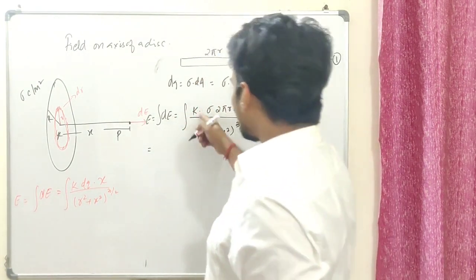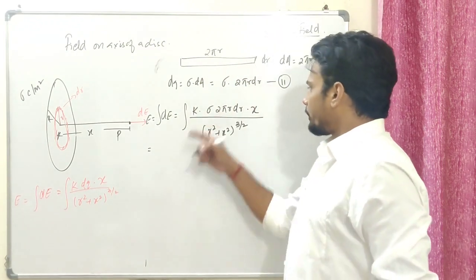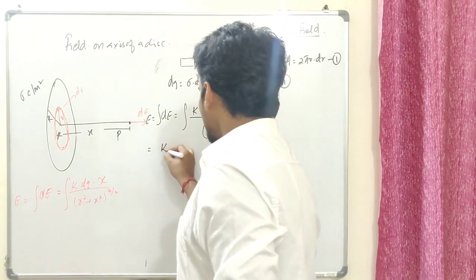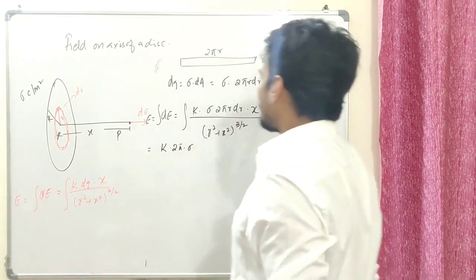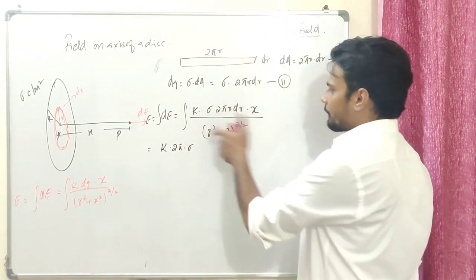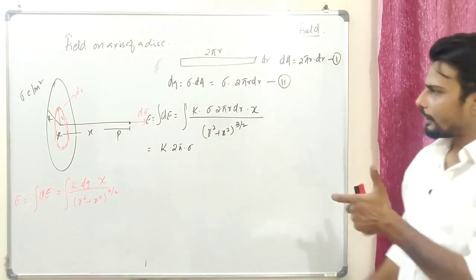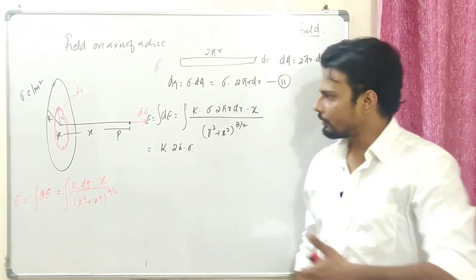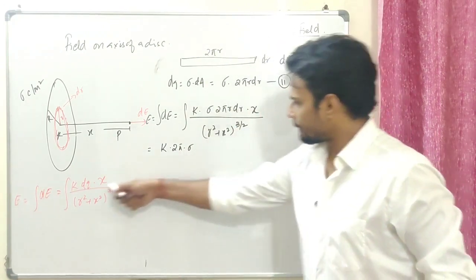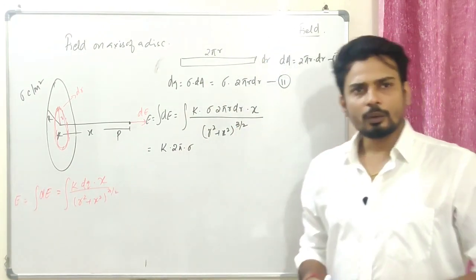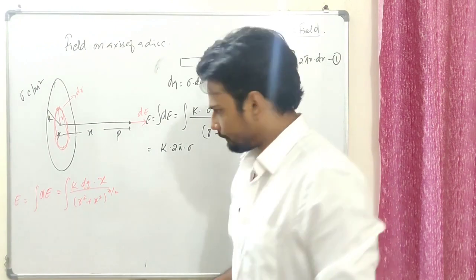So I'm going to keep the constant out. So I'm going to have 2 pi sigma k outside. So they are constants: k times 2 pi times sigma. Guys, you can develop a habit of putting a dot in between just to make sure that you have actually integrated each and every part. If I put a dot, I'm going to say, okay, fine, k is there, dq is there, x is there. So you won't be committing any sort of mistakes over there.